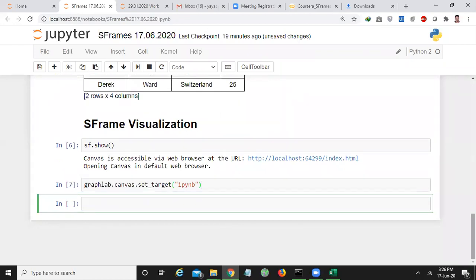So let us have a study on SF of age dot show, and I give it as categorical.